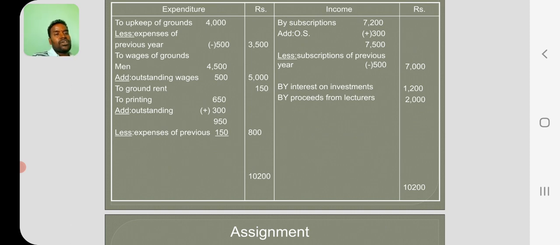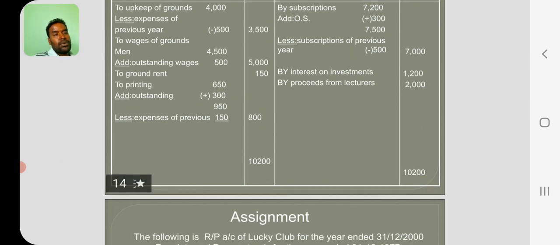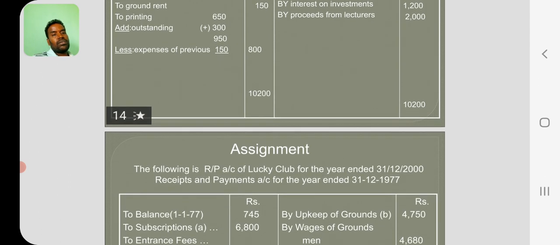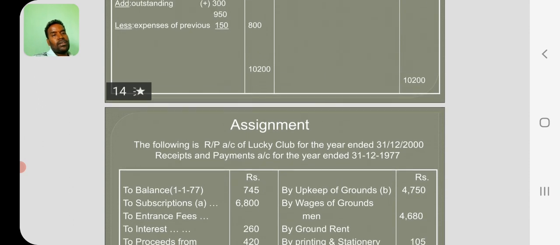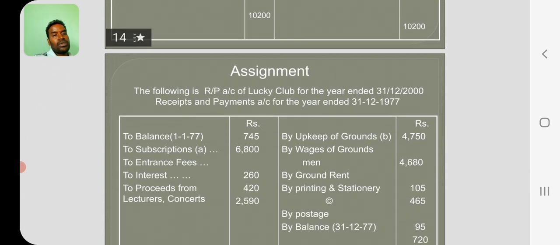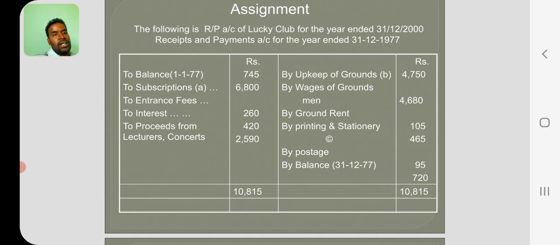By interest on investments, 1200. By proceeds from lectures, 2000. Total 800. Balance total 10,000. So see here,